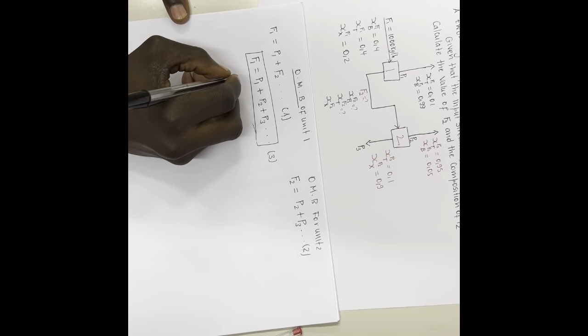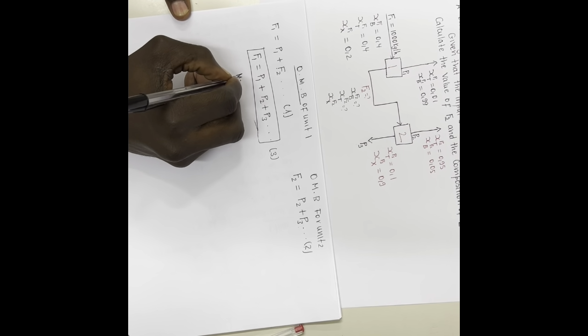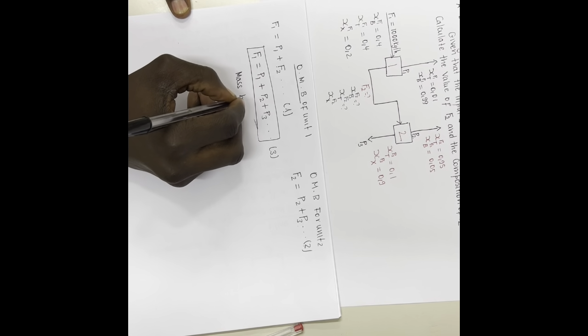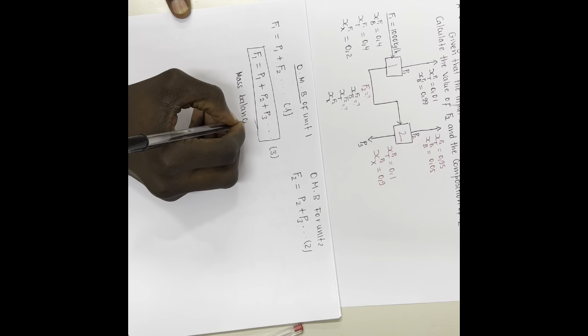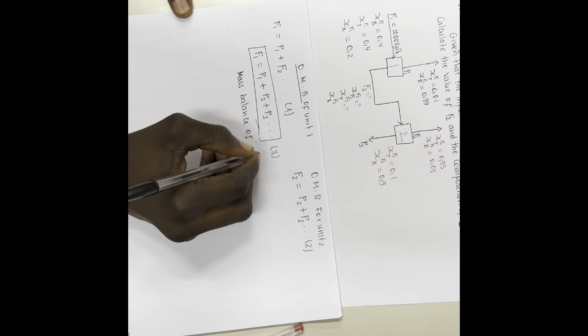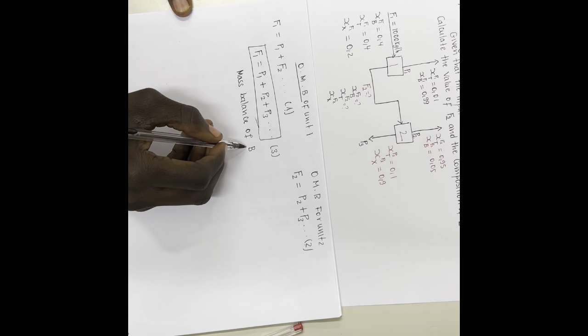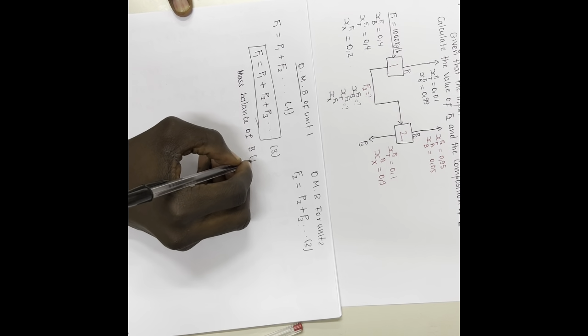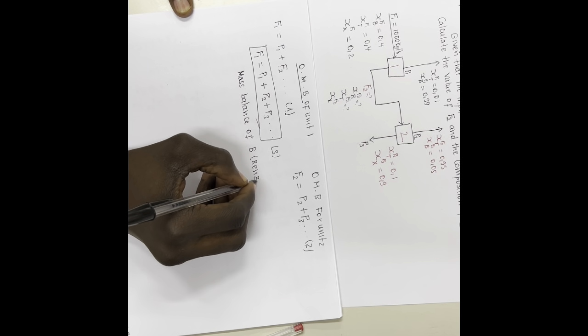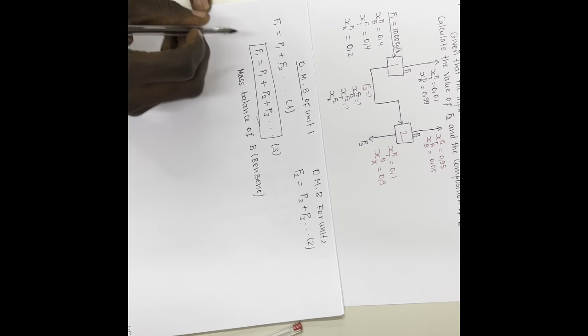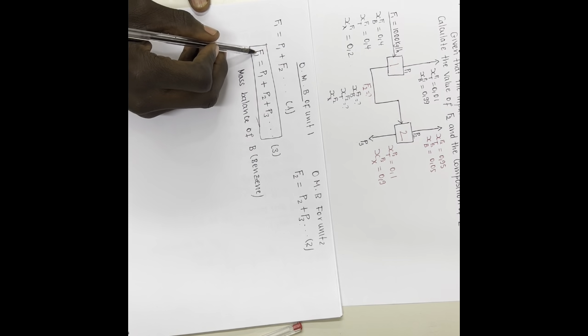So now let's do the mass balance of benzene. Benzene is B, so this is benzene. Now what should we do? I'm just going to write the formula. We're going to still follow this one. In this stream one, we have benzene. So the formula is now